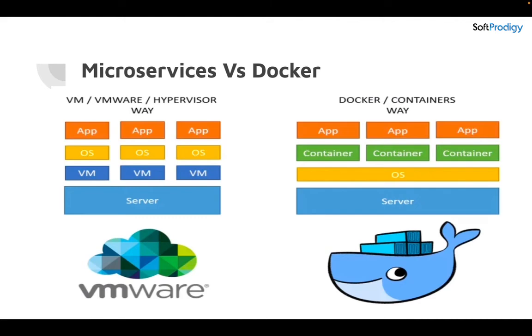So what is VMware doing? VMware is creating multiple virtual machines from the operating system, and then multiple applications can be deployed on the different virtual machines. But on the other hand, with Docker, in the case of containers, we have a software that is Docker. It is also installed on the server. It takes the files of the host operating system, and only the necessary files. After that, it creates multiple containers for our requirement, and we can deploy multiple applications into the multiple containers. So this is the structure of microservices and Docker.